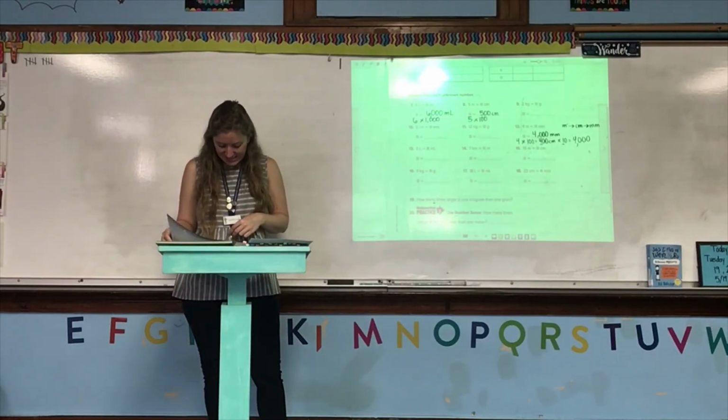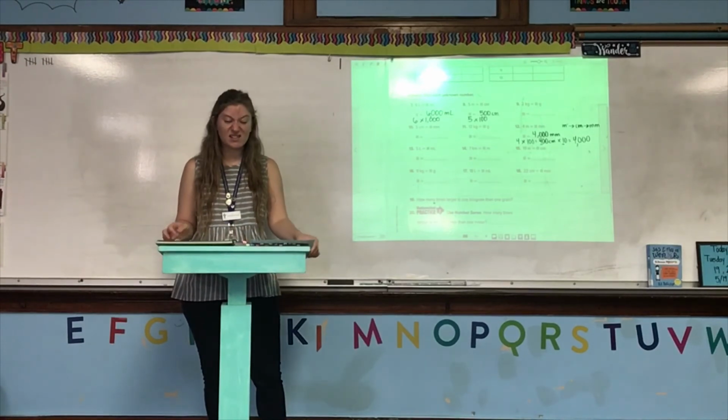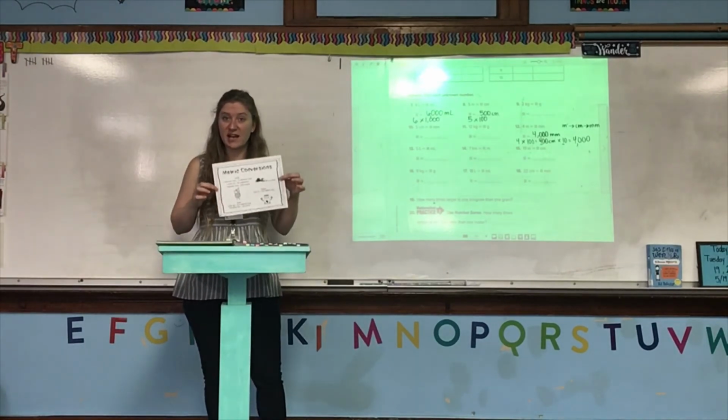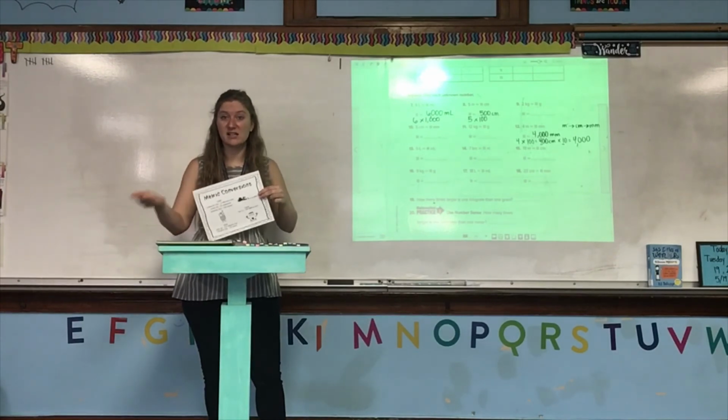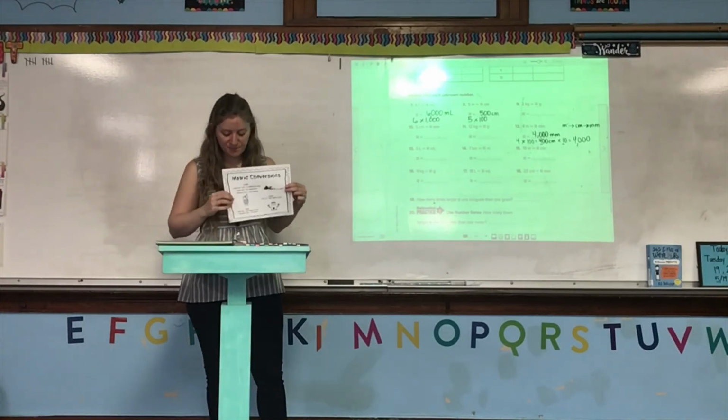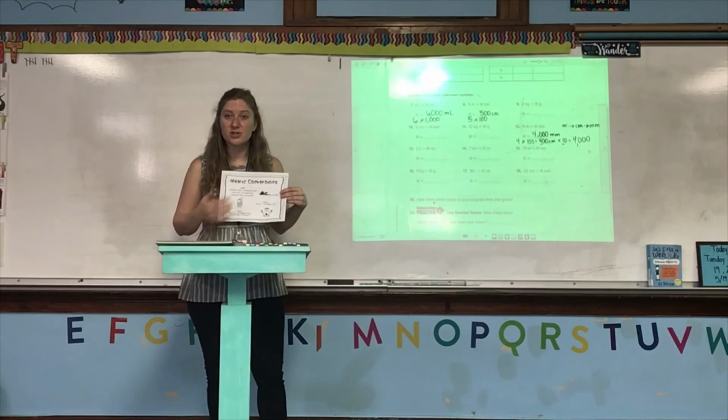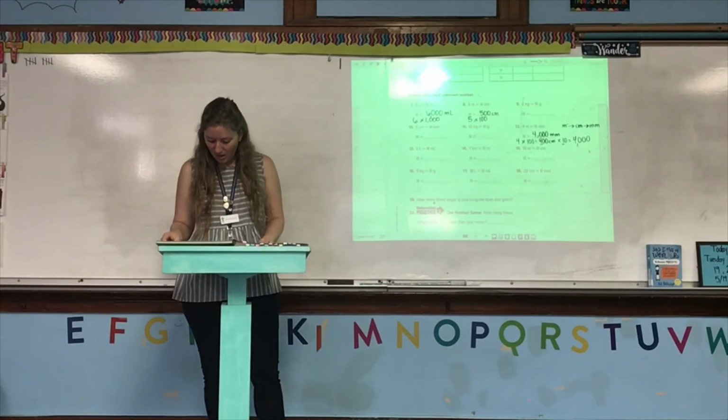Let's see, 19 through 21, you're basically going to be using your conversion chart to answer that. It's like one of those how many times greater is this unit than this unit problem. So you're going to be using your conversion chart to solve those. Numbers